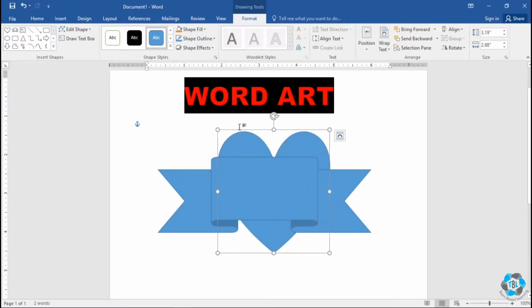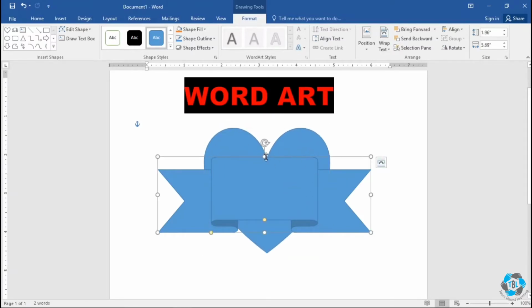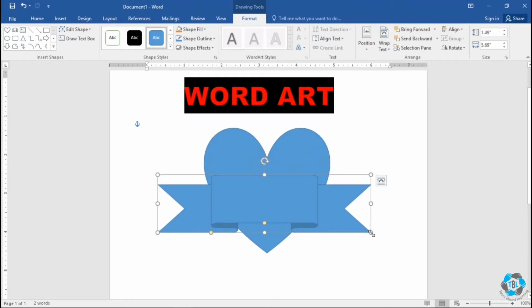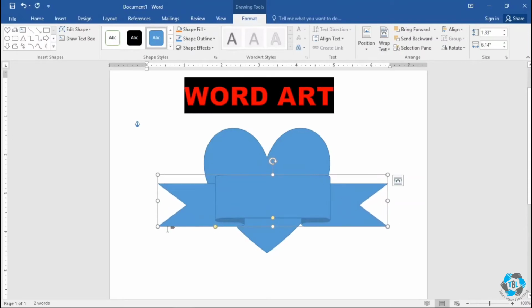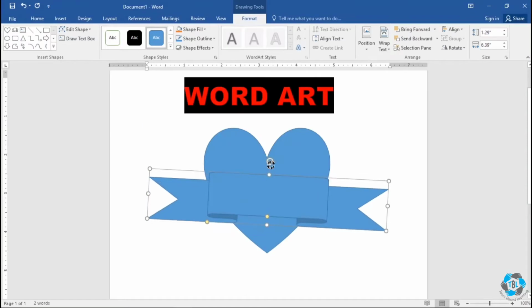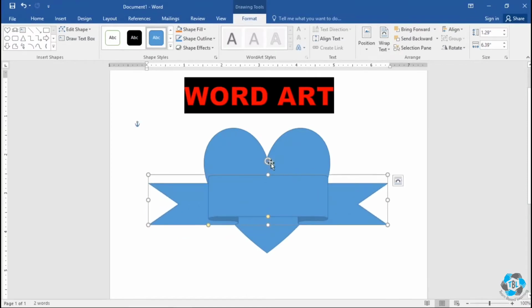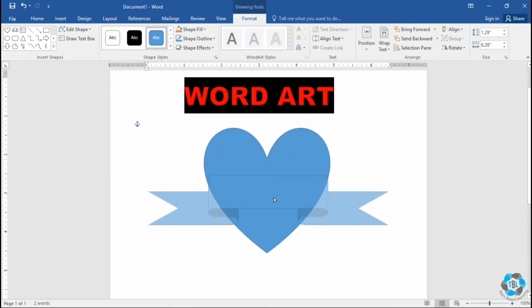Now we can make some adjustments to our shapes. The first thing that I'm going to do is make the ribbon shape smaller using the sizing handles right here. These can be found on the sides and the corners of any shape or object in Word. Every shape also has a rotation handle that you can drag in any direction you want. If your shape has any yellow handles like those you see right here, you can also make other adjustments. In this case, I can change the proportions of the ribbon, but it depends on the kind of shape you are choosing because some shapes don't have this option at all.